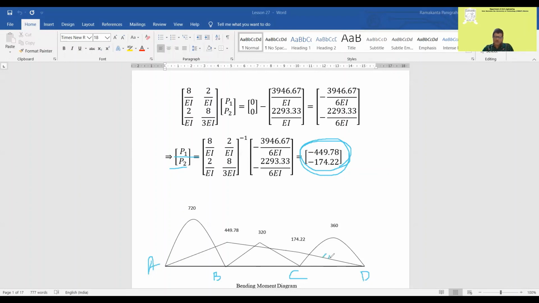Now you have to superimpose the negative values with the positive values. We have already obtained these things. So now these will be your bending moment diagram. It's very small here, so this will be positive. This small part, and then this part, and this part. So positive, negative, positive, negative, and positive. So this ordinate is basically this. If you want the actual ordinate or the maximum bending moment, then you have to go to the actual calculations. So this is regarding the bending moment diagram.